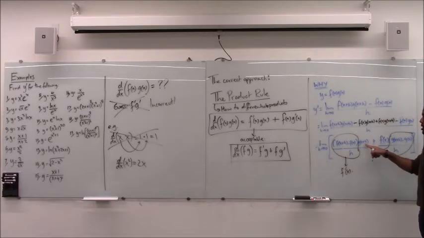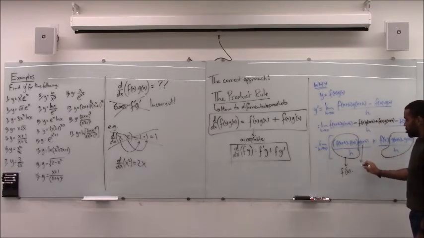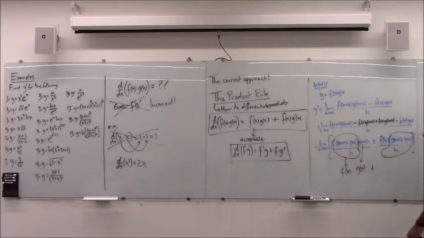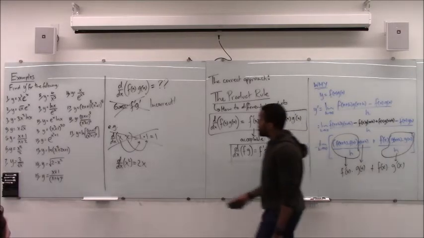Now as h approaches 0, g of x plus h is just going to approach g of x because you plug in h equals 0. Here this is going to be f of x times, and this of course you'd recognize is the derivative of g. So that's kind of where the rule comes from. By using the limit definition, we figured it out. Similarly,